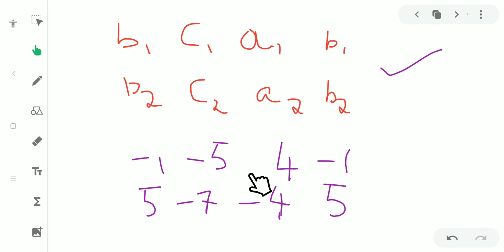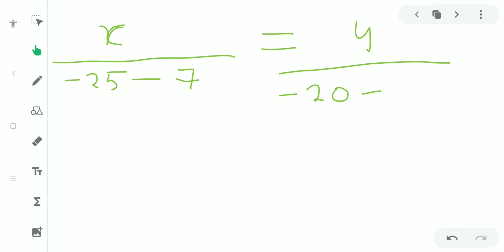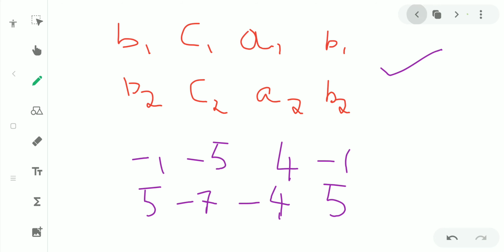So minus 7 into plus 4, minus 28, and minus into minus is plus 28. So it will become plus 28, which is equal to 1 by